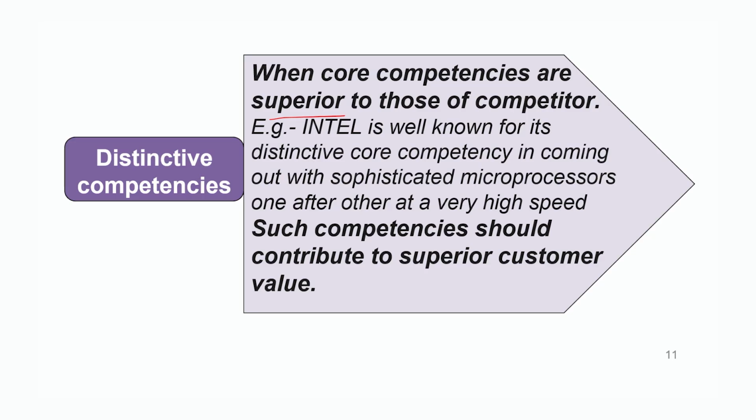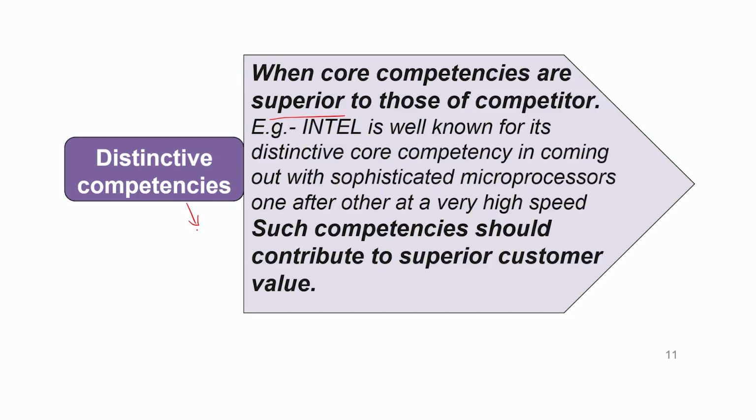On the other hand, take the example of Nirma. Once upon a time Nirma was a pioneer in low cost detergent. It was its distinctive competency and core competency. But when HUL and others imitated their technology and came out with their value for money products, Nirma lost its distinctive competency. Then it was only its core competency, and that is the reason why they lost their competitive advantage. So it is ultimately your distinctive competency which leads to competitive advantage. Therefore, one should always focus on having distinctive competencies.